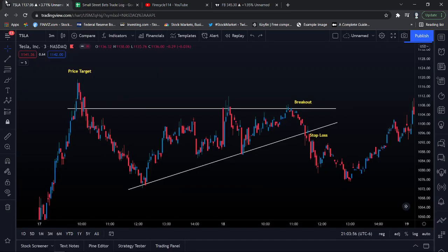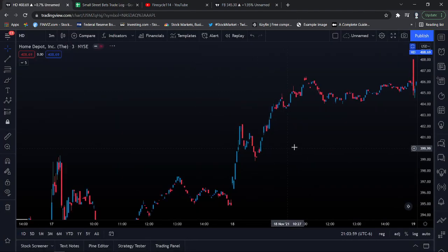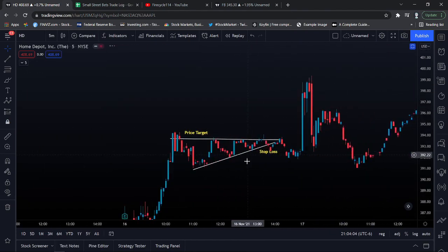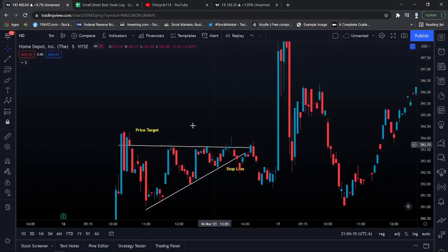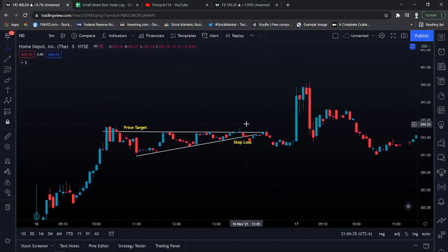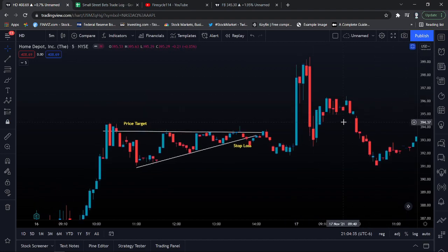The next trade was Home Depot, right over here. Home Depot had a very similar setup. Let's go over here, 5 minutes. I think this was on Tuesday, I'm not too sure. We had this ascending triangle, and it was getting very tight. We had a very tight stop loss, so we got stopped out at around 10%. Same thing as QQQ, same thing as Tesla. We broke that support and it hit our stop loss, but we did break this the next day, and it just absolutely pumped. It hit around 200% on our calls,